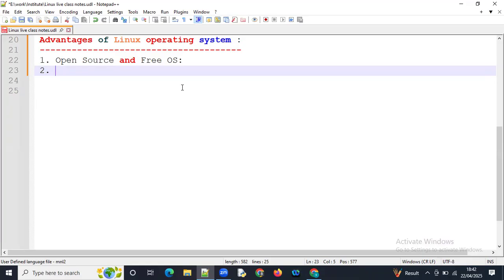In the same way, the Linux operating system also supports multiple programming languages. What languages will it support? Here I am going to write: it supports multiple programming languages.